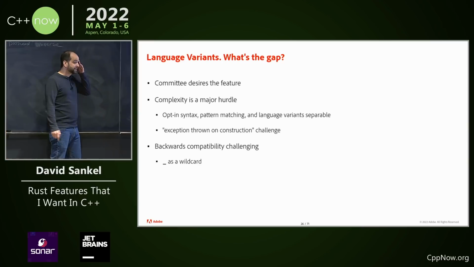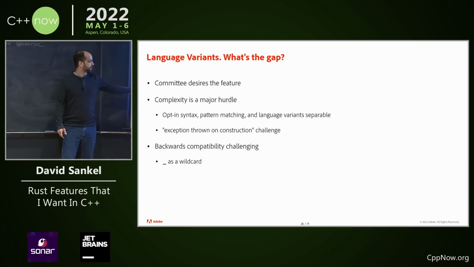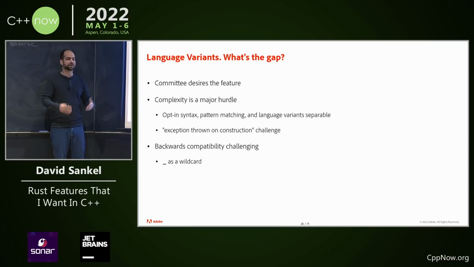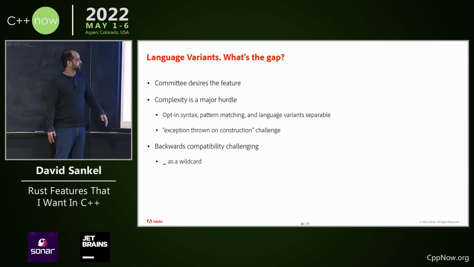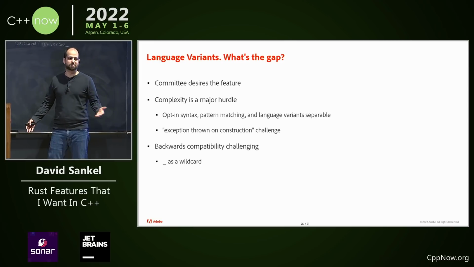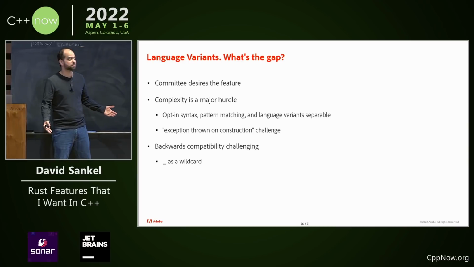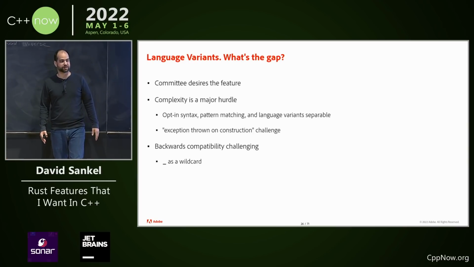Backwards compatibility is a big challenge. Using underscore as a wildcard was a big issue because some libraries out there used underscore for something, libraries that people use quite a bit, like gmock. And so we're like, okay, well, maybe we can make it like a context-sensitive keyword. And anyway, it got rejected, and basically what we're left with is a double underscore as our wildcard, which is just like, oh. But anyway, it's an example of the complexity that we have to deal with when we're trying to put a feature in like this.